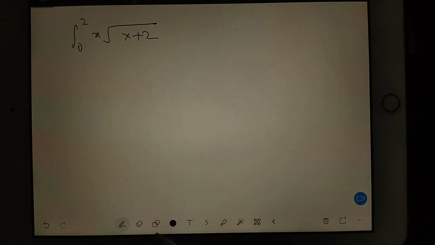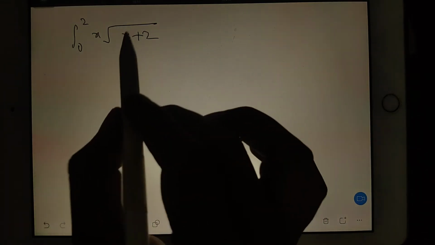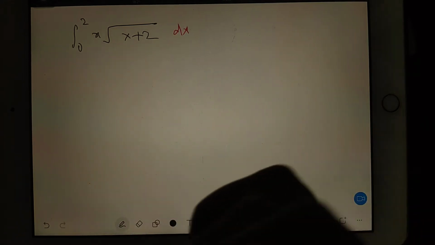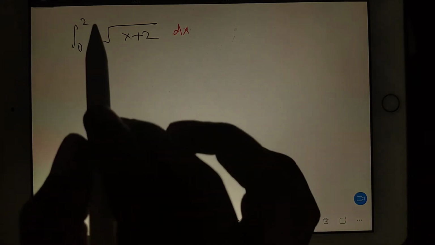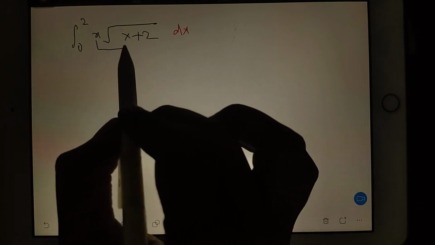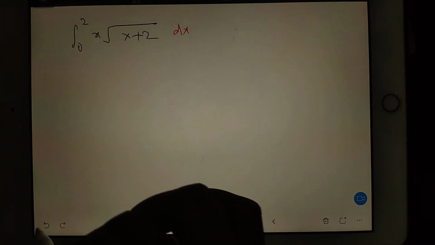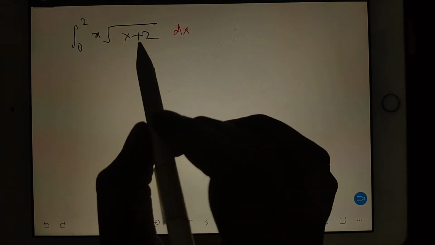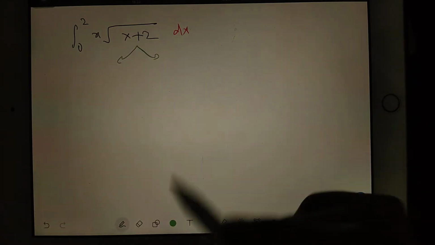Actually, see, these kind of problems are interesting. Here, students will be thinking a lot about what to do. Some students may think of taking this x inside like this, here and here, but it will not work. So then students may think like this. There are two ways to approach this question.